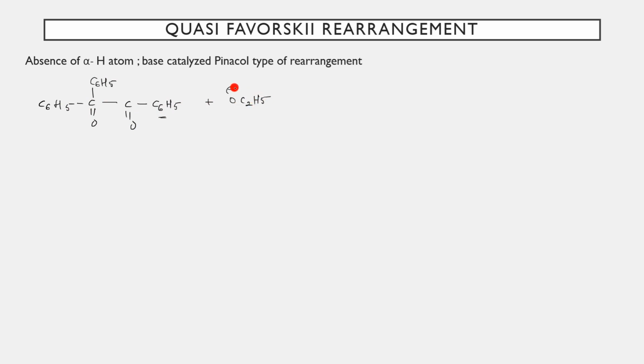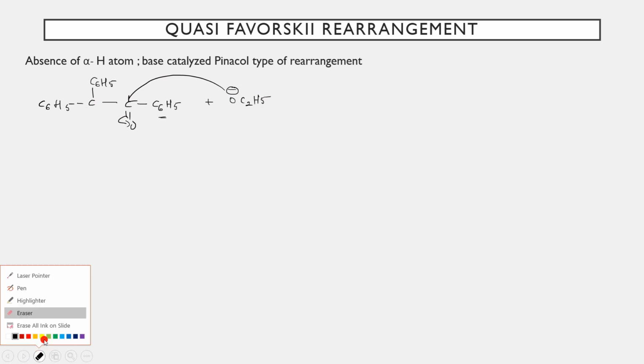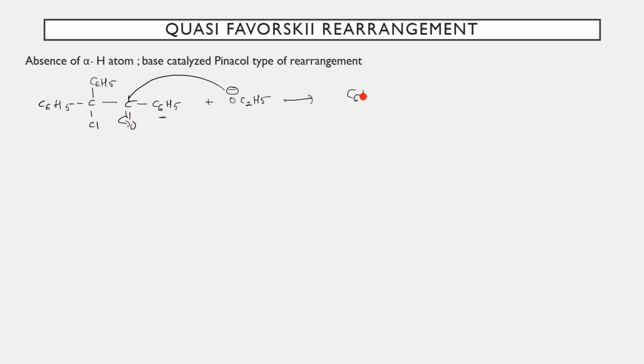So let's take an alkoxide. Now the alkoxide will directly attack this. Sorry, this is Cl. Wait, I'll clear it out properly. For an alpha haloketone without an alpha hydrogen, the reaction is governed by the base. So the base first attacks this carbonyl carbon, and the shifting of the electrons takes place this way. So I will first show you this. Let's draw this whole thing first.